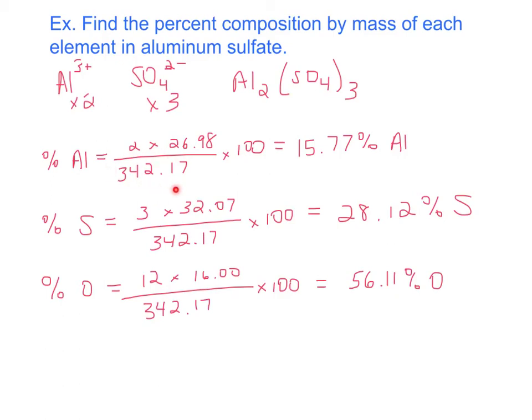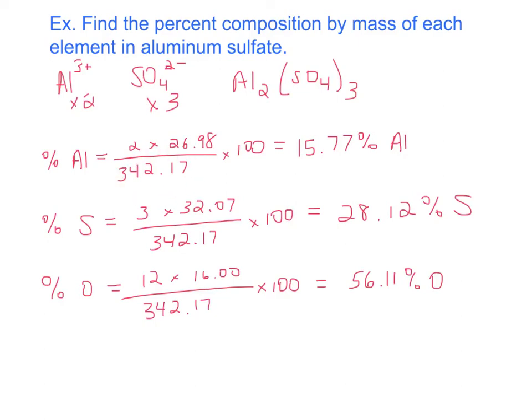So let's think about that. That comes from 2 aluminums, 3 sulfurs, and 12 oxygens. Right? There's 3 sulfates, so that must be 3 sulfurs and 12 oxygen. Draw pictures of sulfate if you need to. Okay, and that adds up to